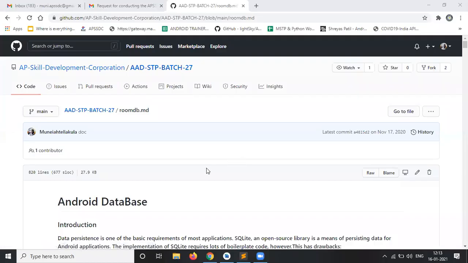So all of you open this GitHub link. I just posted it in the chat box, and I will share my screen. Is my screen visible?